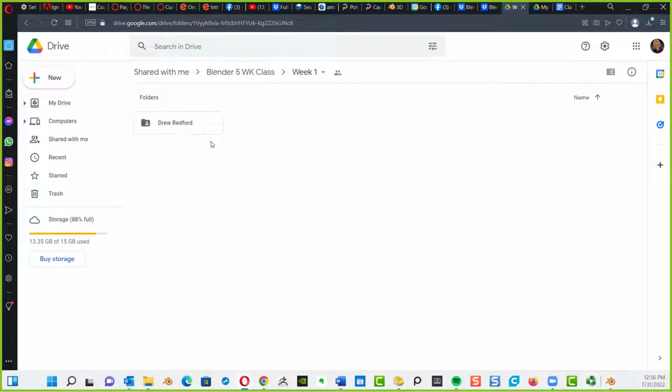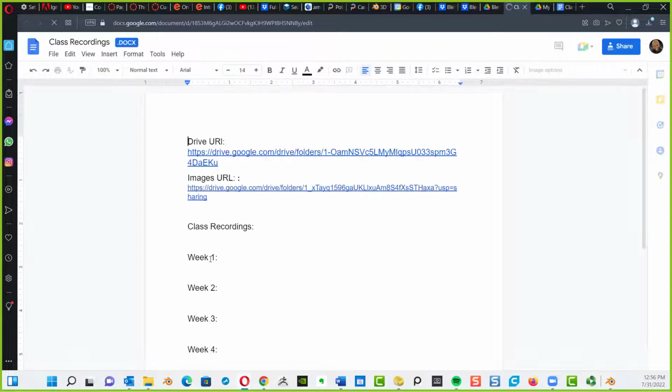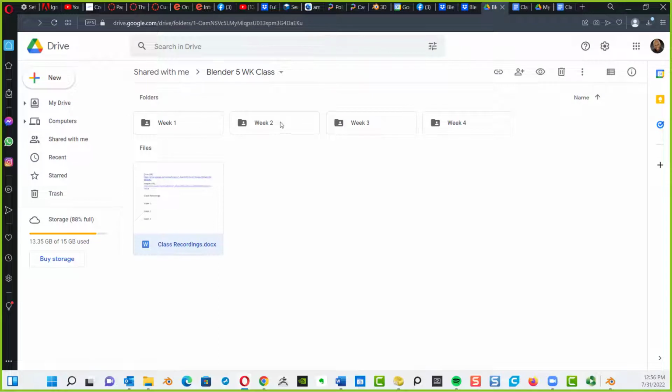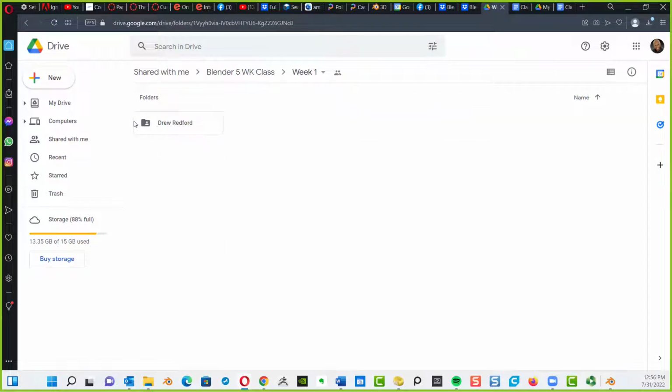And to be clear, the screen you just had on, the week 1, 2, 3, and 4, that's where we would download our homework? That's exactly correct. So for this week, double click on the folder. Like Drew already put his folder up there, so now he's got a folder for himself. Everybody do that right now. Right click in this area and put your folder with your name on it.